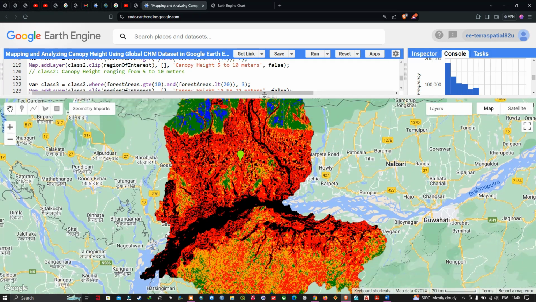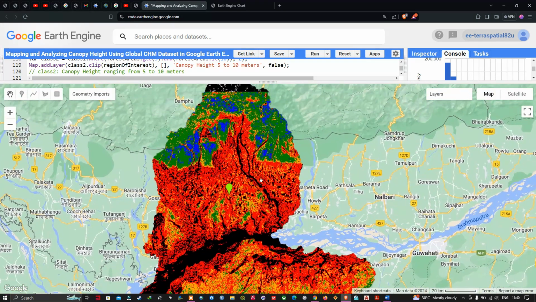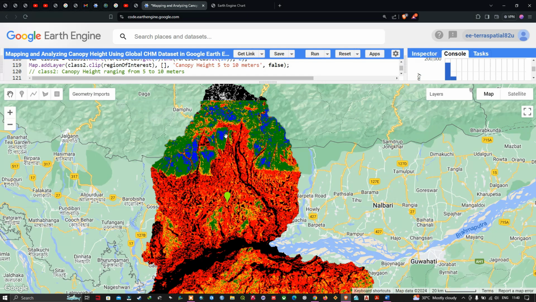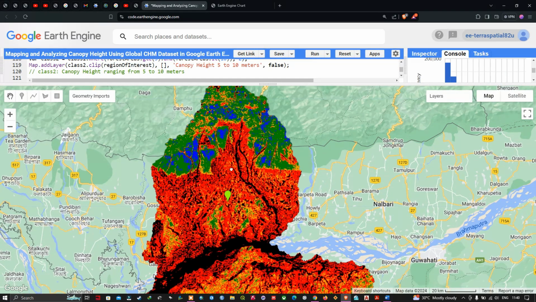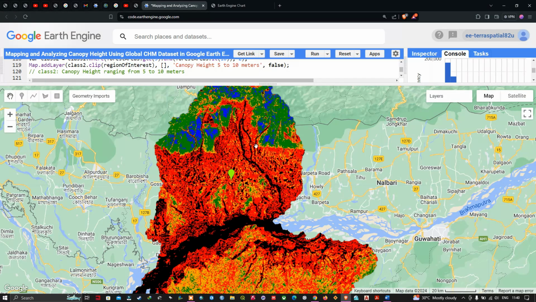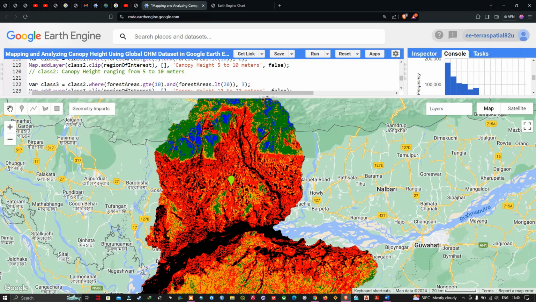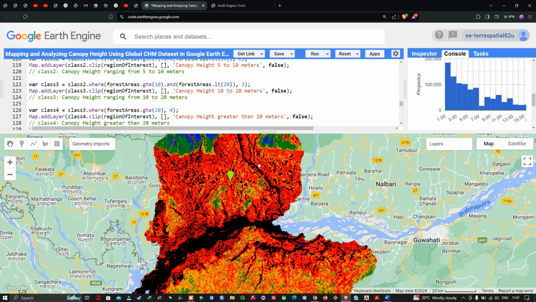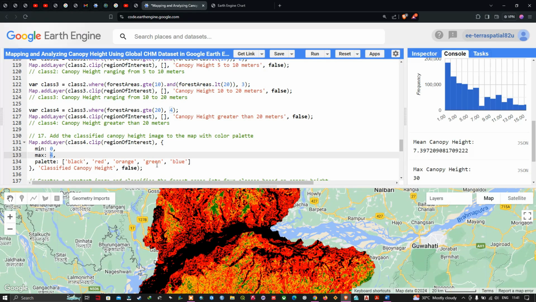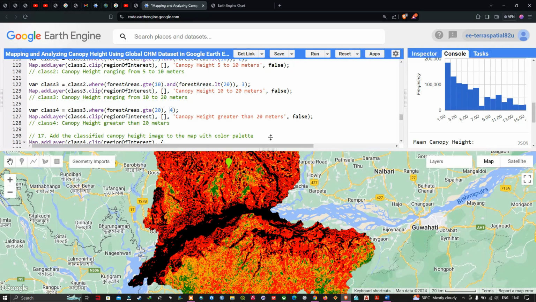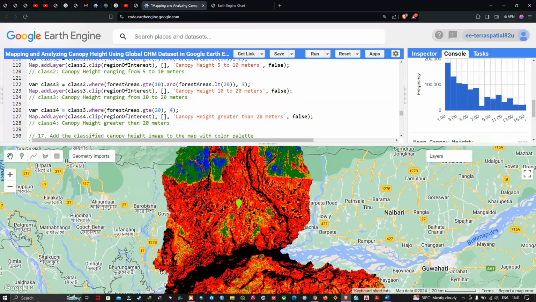So in this classified canopy height image, you can see the blue areas where the canopy height is greater than 20 meters, and the red are the areas where the canopy height is greater than 0 to 5 meters, all the red areas. And similarly, class 2 indicates 5 to 10 meters, which is indicated here in orange, and class 3 which is indicated in green color, and class 4 which is indicated in blue color. So now to export this image to a Google Drive, we define